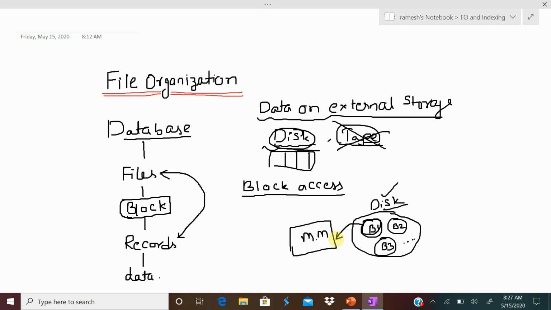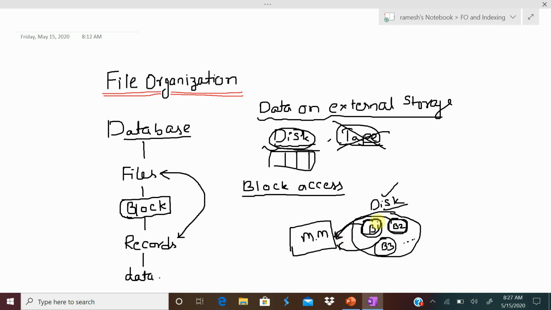If the record is found, it stops the searching process. If it is not found, it moves one more block from disk to main memory, and if not found again, one more block, and so on.